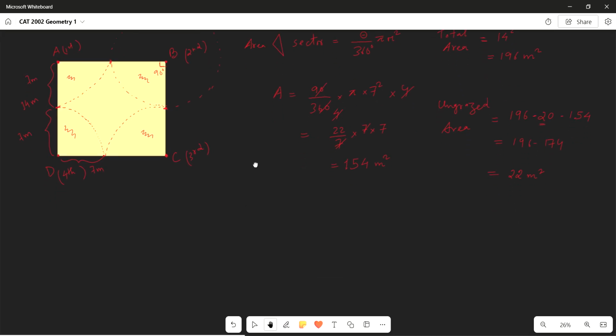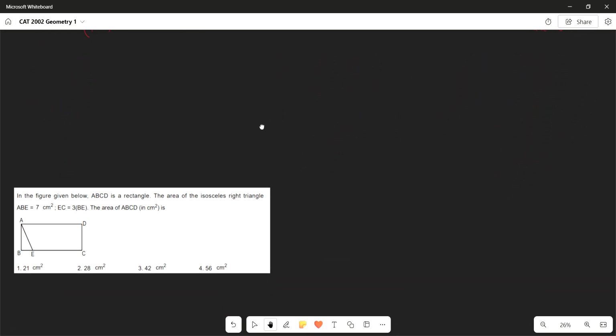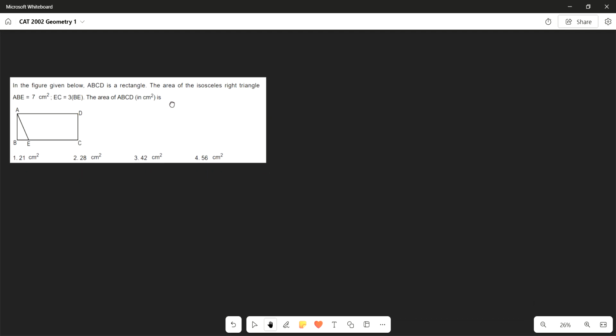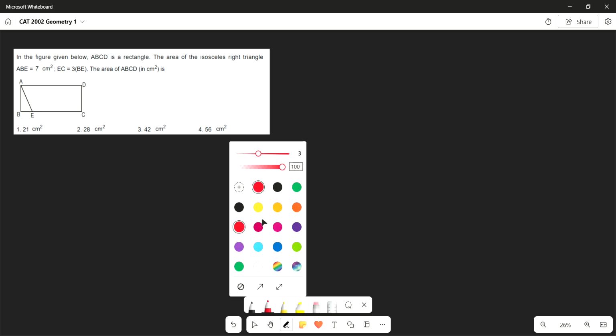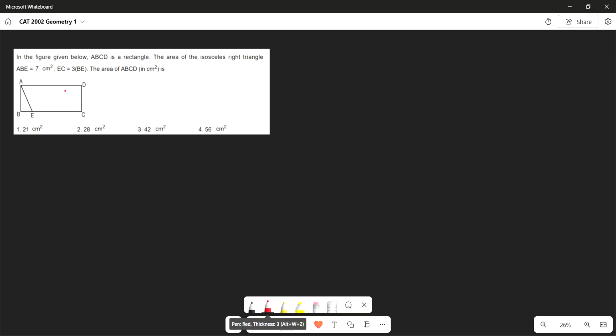Next, let me move to the second question. The second question says that in the figure given below, ABCD is a rectangle. The area of the isosceles right triangle ABE, so the legs of the right angle triangle are equal, and the area is 7 centimeter square, and we are given that EC is 3 times of BE. So find the area of ABCD. This is also a very simple question. Let me first